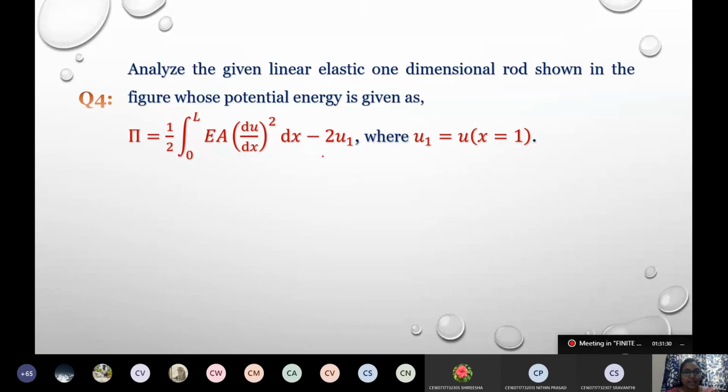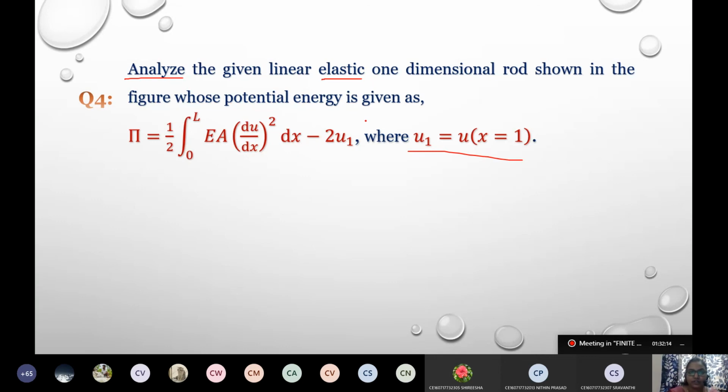When they have given you one-dimensional elastic problems, remember, analyze elastic problems, you have to give the relation between stress and strain at the end of the solution. You will get the values of U if you solve using the Rayleigh-Ritz method. After that, because you have the relation between displacement to strain and stress to strain, you should be able to give the answer with respect to the stress-strain relation at the end of our solution. When it is about analysis, please remember that. It is analyze the elastic problems.